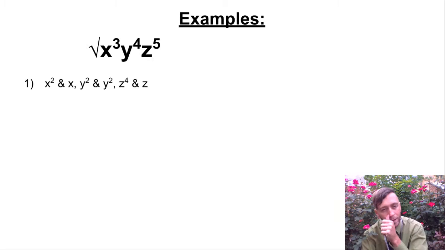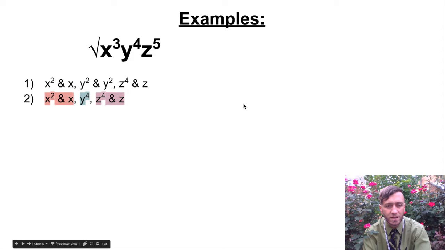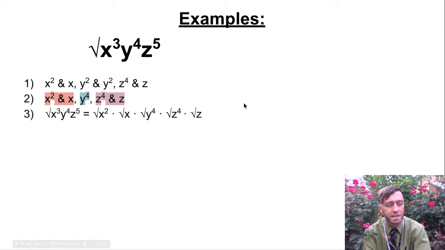Okay, so what are going to be my factors? x squared and x, y squared and y squared, and then z to the fourth and z. Right? So highlight my perfect squares in each factor. I didn't show you all the different ones this time. Split it up into a product